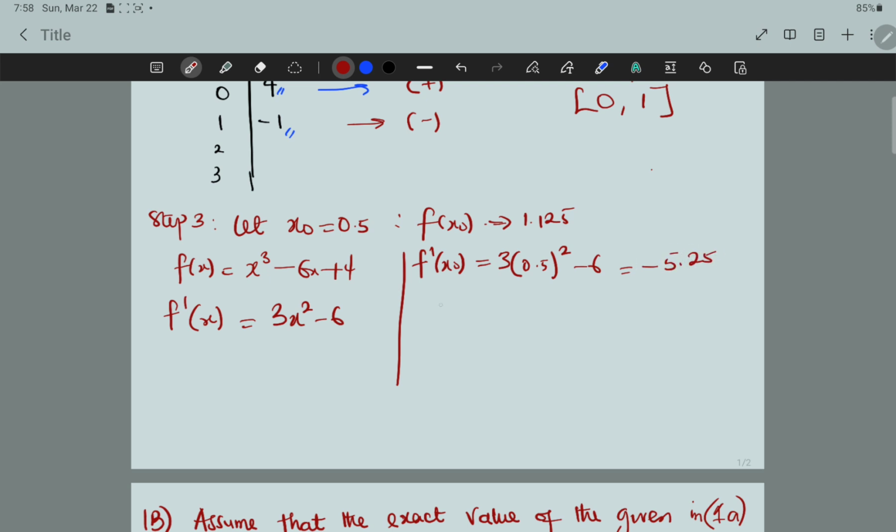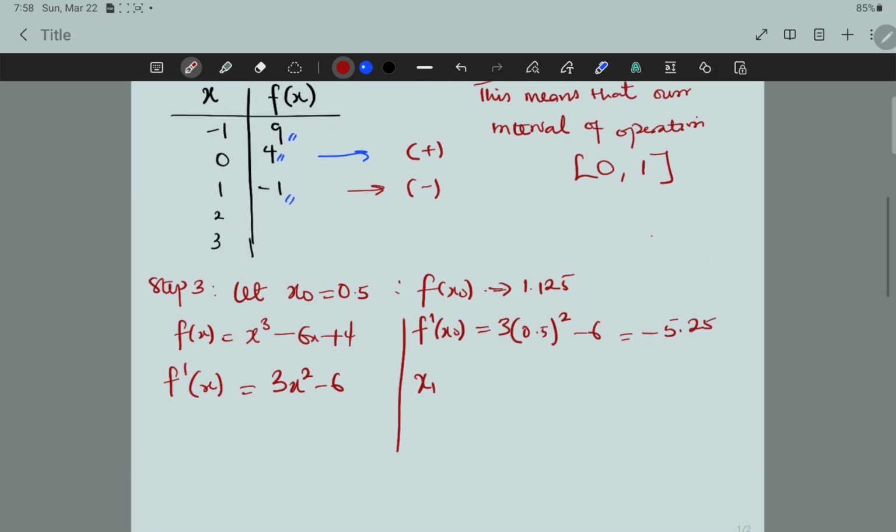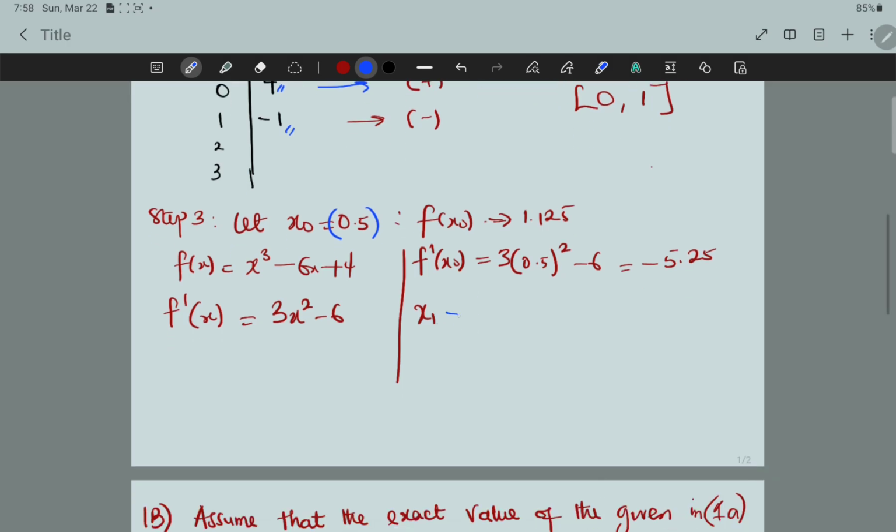So now you have gotten x0. x0 is 0.5. Look at it here. Your x1 will be your previous statement, which is x0 minus f of x0 all over f prime of x0. Did you see that? That will be your x1. So for us to stop beating around the bush,